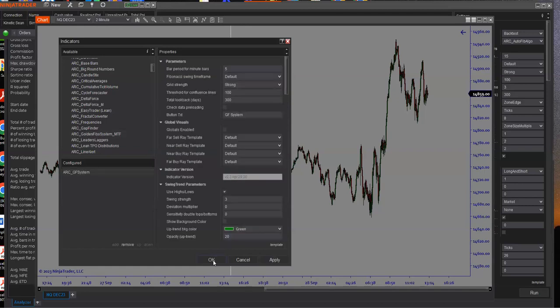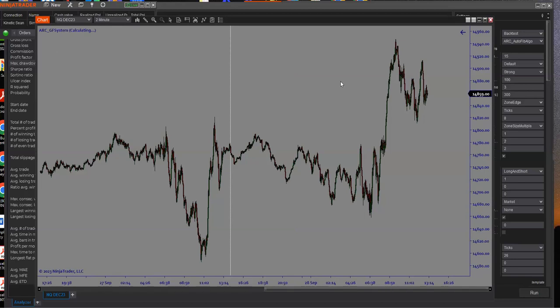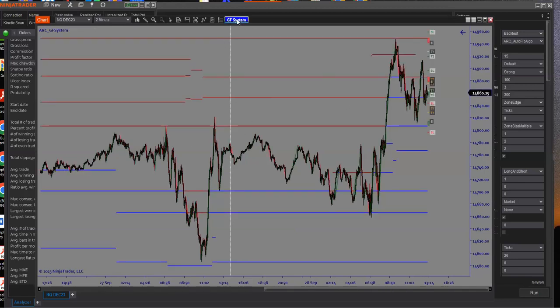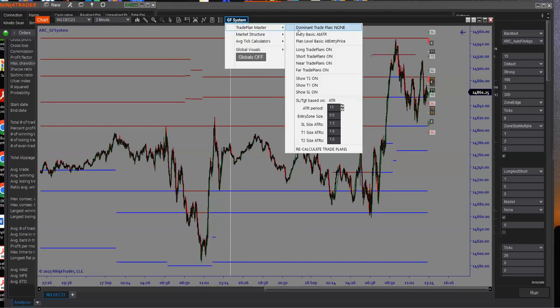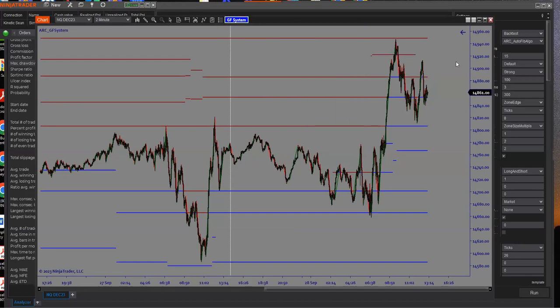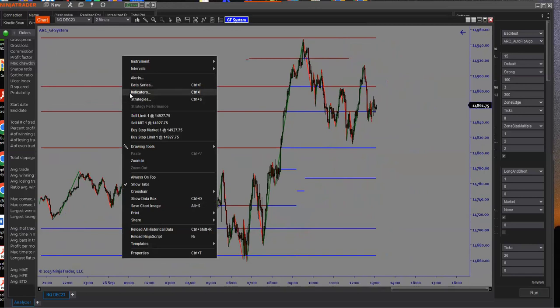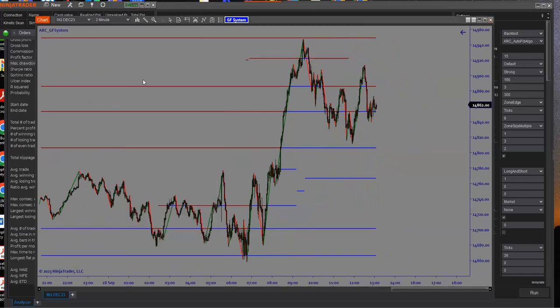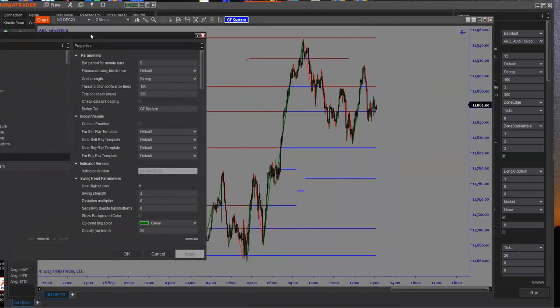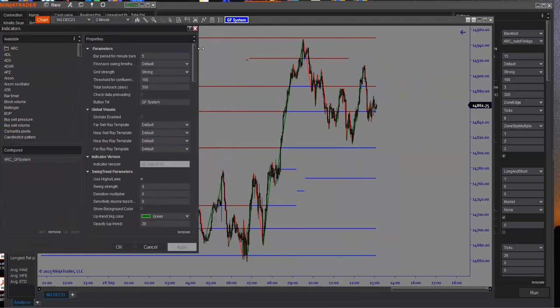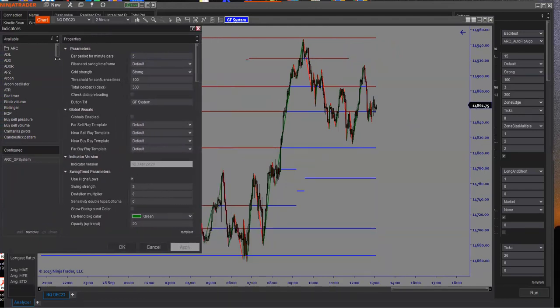Now give me a second as I turn the graphics off. We're going to do a few things. I'm going to turn all this stuff off, all the plans off. Now what I'm going to do is go into the core functionality to help you guys understand. I'm going to do this on the side so that you guys can see why this is so sexy.